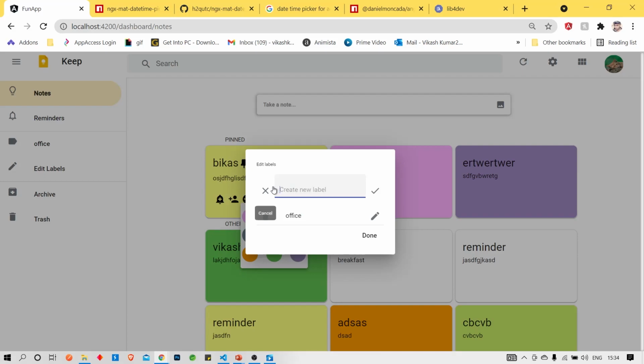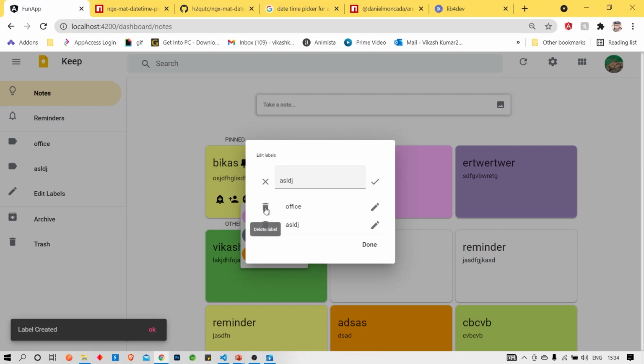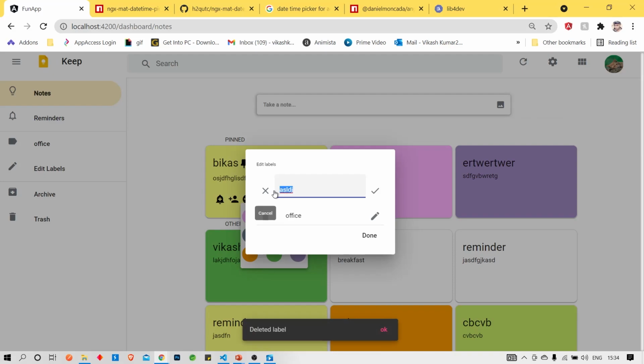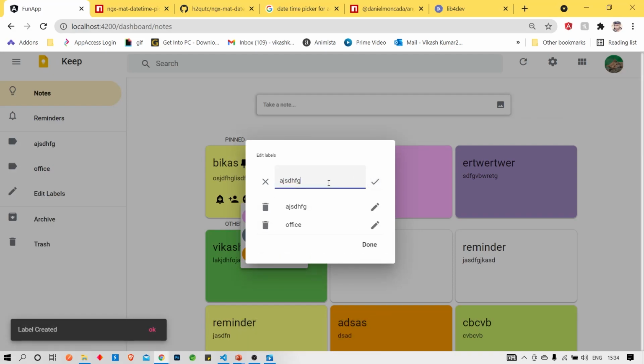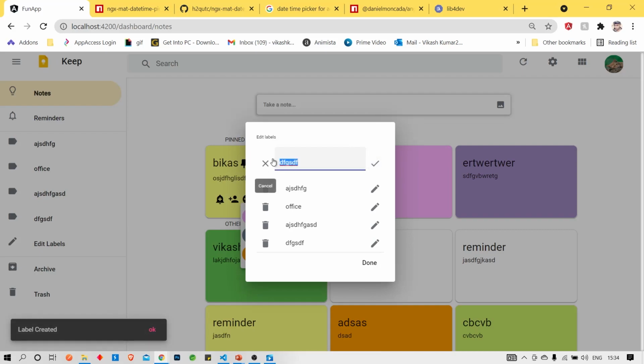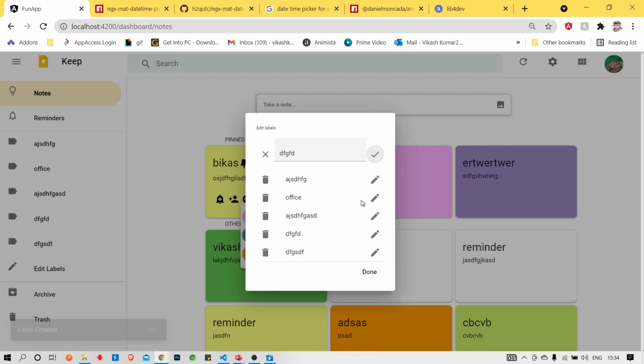If you want to create some other name, then we can also create multiple labels. And if you want to delete this label, then we can delete the label also. So I want to create multiple labels. See, we can create it. So yeah, we can see this label getting created.